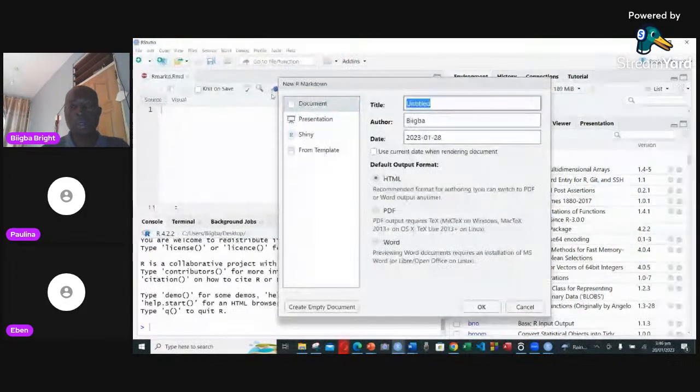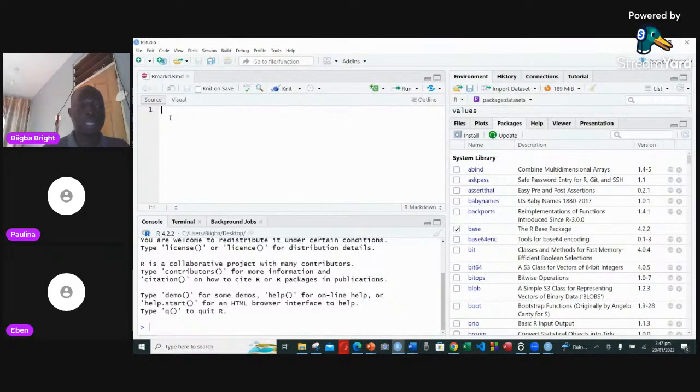So when you are saving, you should know that at this particular place, I am saving it in my document. Yes, you see that it's in document. So later on, when I'm looking for my HTML report, or my PDF report or Word report, I should know where to go and find it. I'll go to document and find it. But in this particular script, I saved it in my